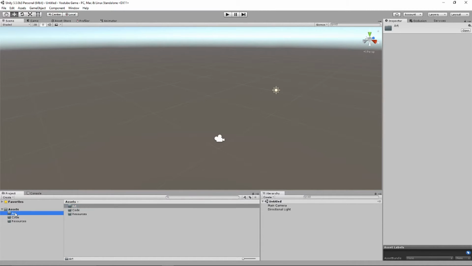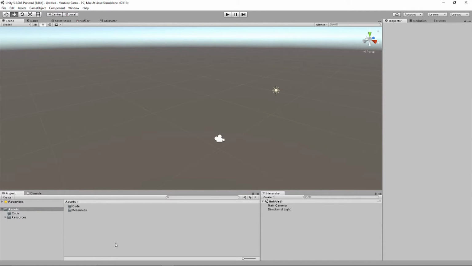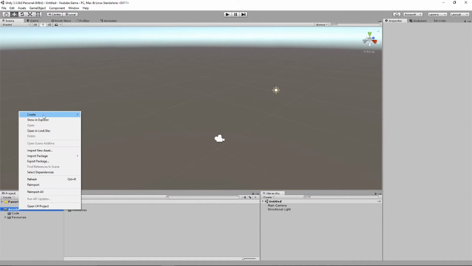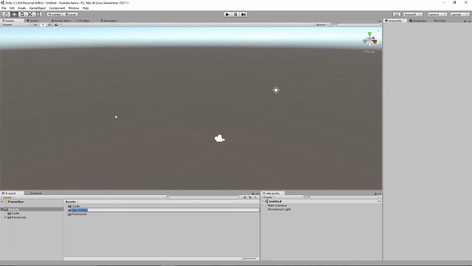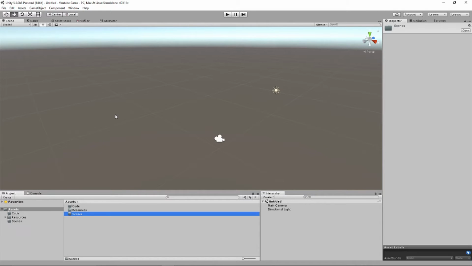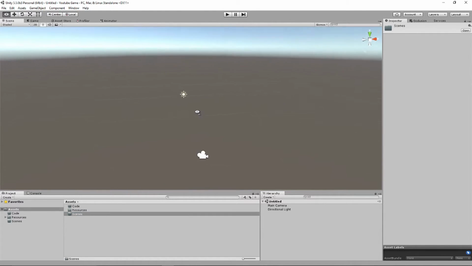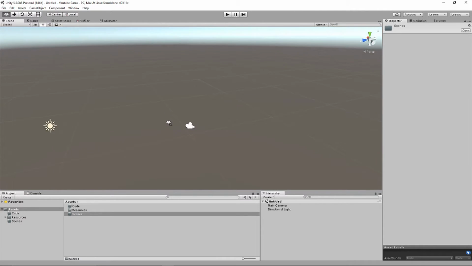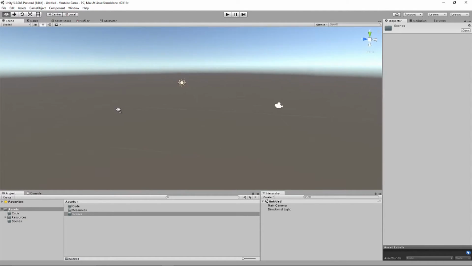Some of the art stuff, actually I'm going to put the art folder under resources so that we can load the art if we want after runtime. But now we have pretty much the basic setup for our game, and we're going to make another folder, and we're going to name this one scenes. In Unity, like most other game development studios, you have scenes, which are basically, you could think of like levels